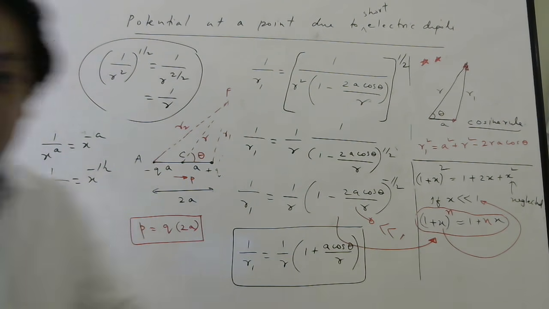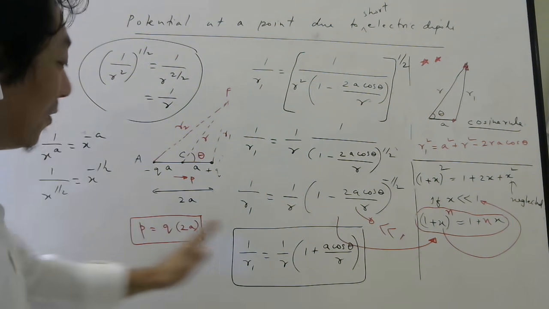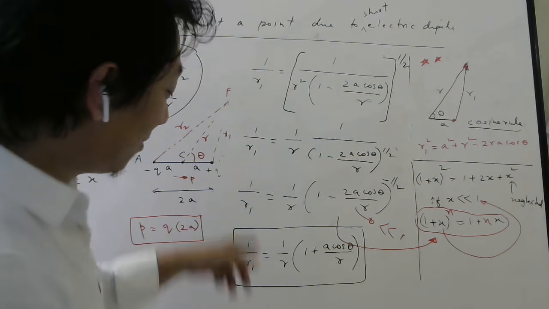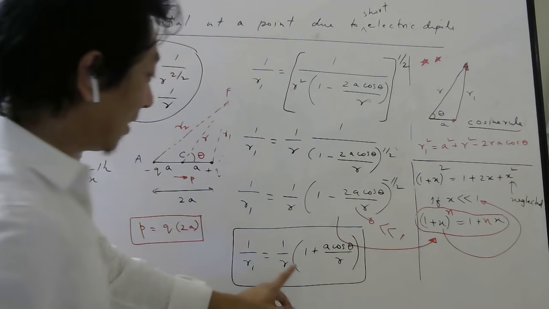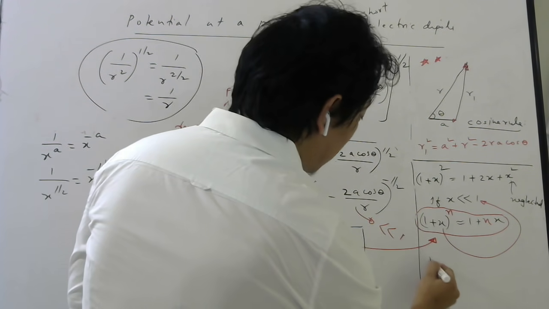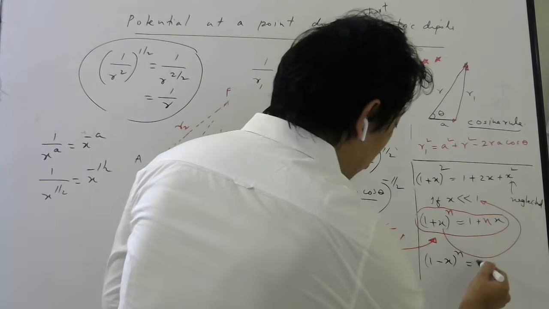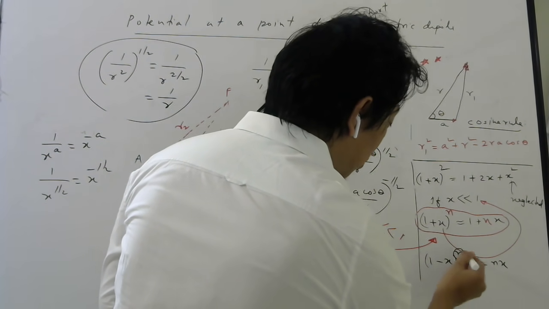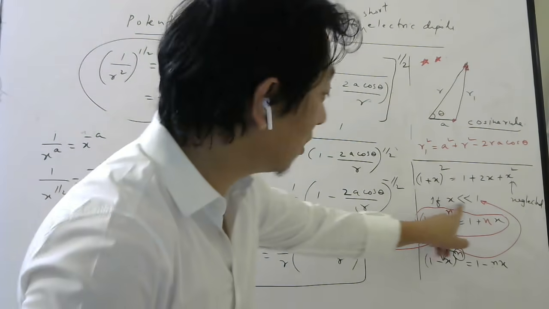Now you will say, oh sir, we need to find 1 by r2 also. So 1 by r2 we will not be doing in detail because we can use the same result in a short way. Okay. So please make a note. I hope you understood what happened. So this is like your 1 minus x power n, if I ask for the binomial result, how will you write? 1 minus nx, this n should come this side, provided x is smaller than 1.